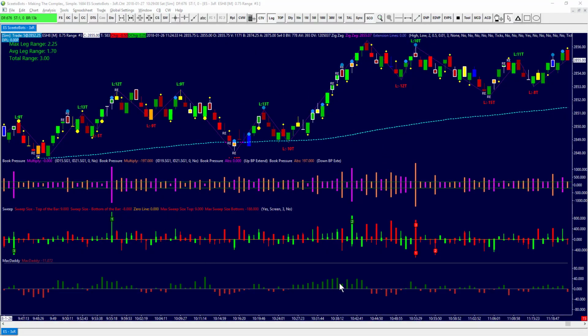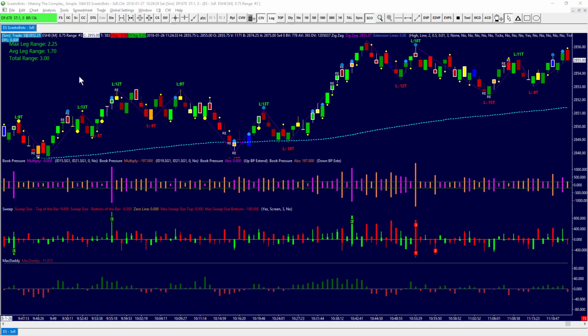What you're looking at here is some but not all of SceetoBots. And this is running in Sierra Chart, and you're looking at a 3-tick range bar chart in the forward E-mini S&P 500 futures contract, and currently we're trading the March 2018s. And SceetoBots is a very big package, so probably the best way to get started in it is just to